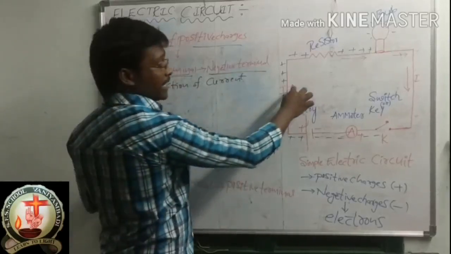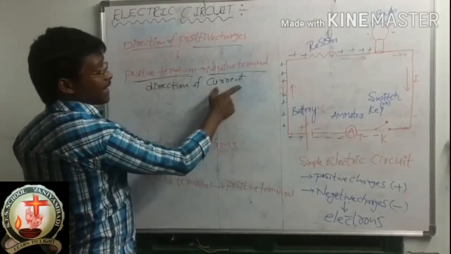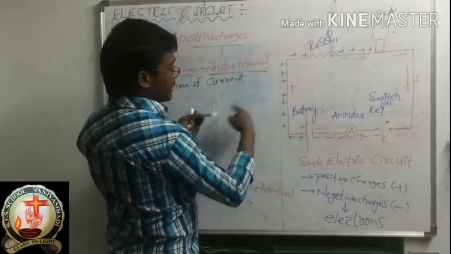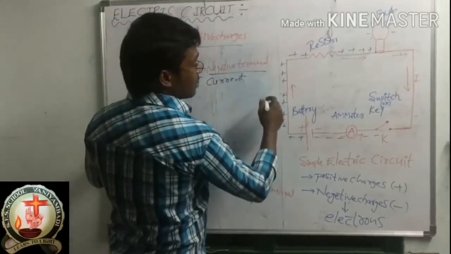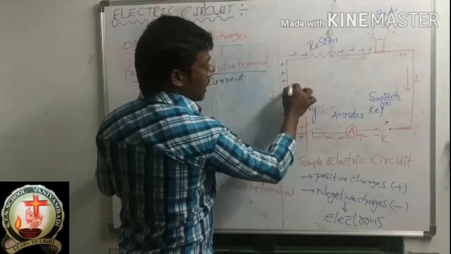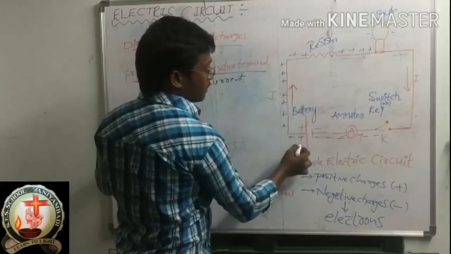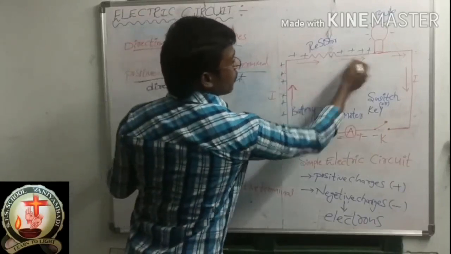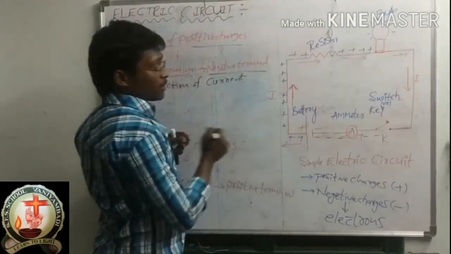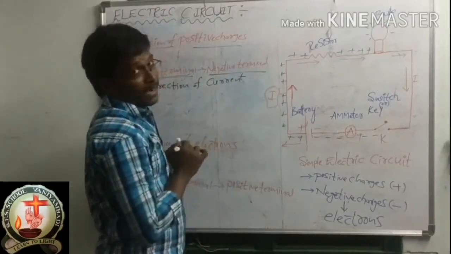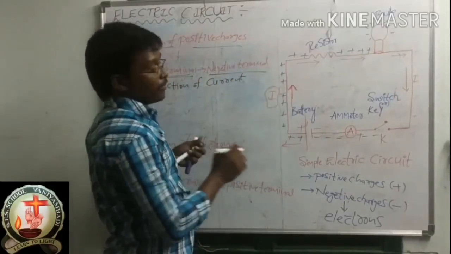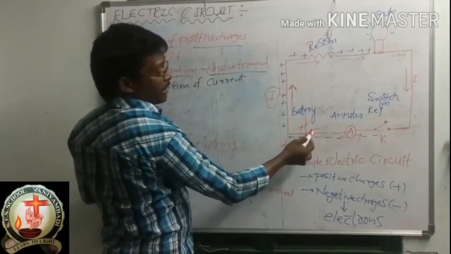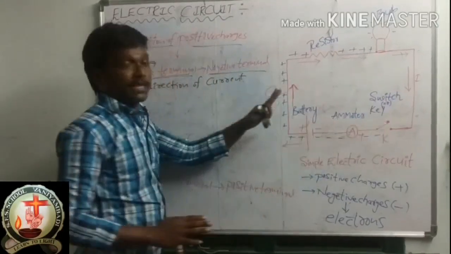For that only I indicated. Usually, I told you, which term can we use to indicate electric current? I. This I. So this arrow mark will indicate the direction of current. First these positive charges will move, it will move and it will move. Again it will come back. So this I will be indicated as the electric current. Okay. So what is the direction of the current? Positive terminal to negative terminal in this electrical circuit.